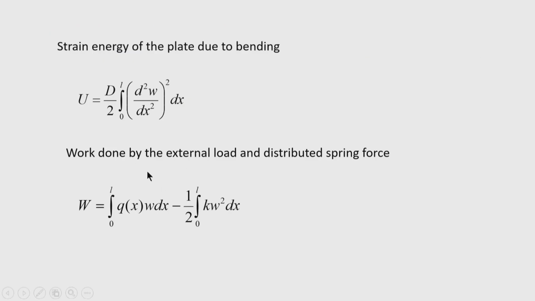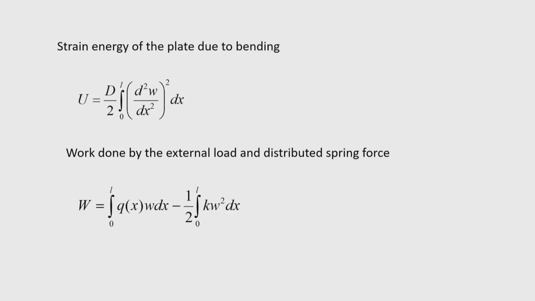Okay. So, to use the variational principle, the first thing is that we must know the strain energy expression of the plate. Without knowing the strain energy expression, you cannot proceed to use this variational principle. So, for the strain energy expression of the plate, because it is a long plate, the curvature in the other direction is neglected, and then we write it as D by 2 integral 0 to L (d square w by dx square) whole square dx. So, this is the strain energy of the long plate, which is actually behaving like a beam.